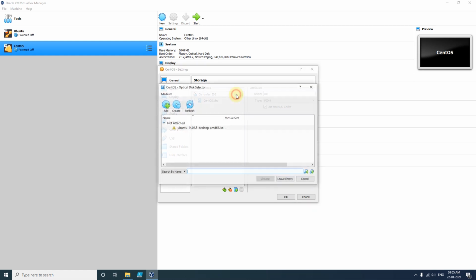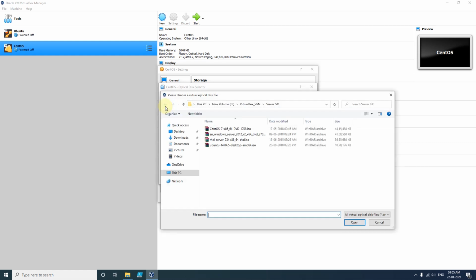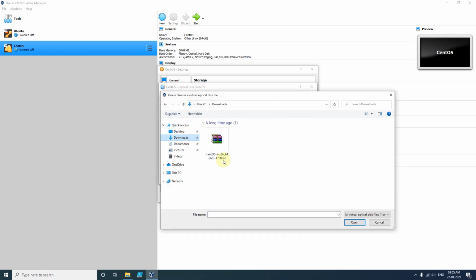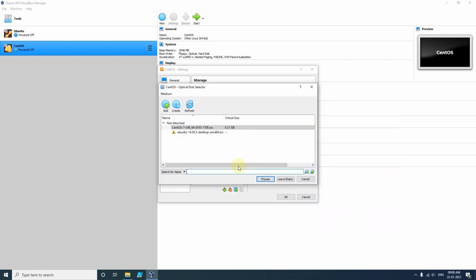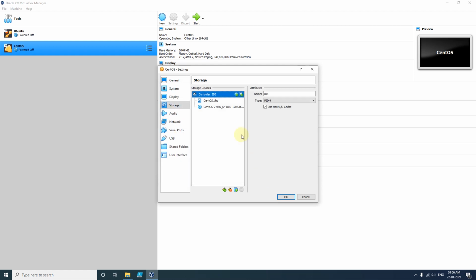After I click here, we get the option to add the image. I have to select the image and click Open. As soon as I have selected it, our image got loaded, and you can see here our CentOS ISO image is ready to install.